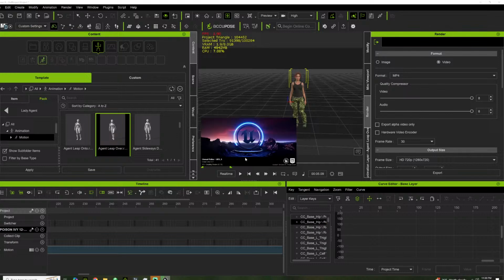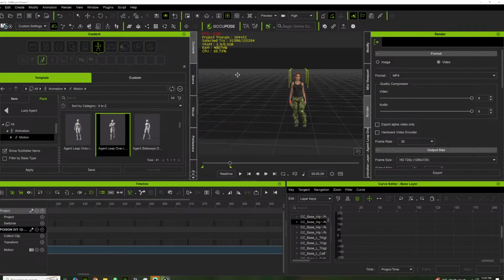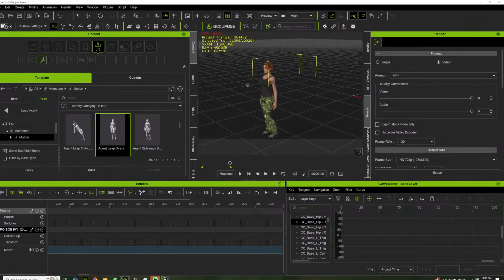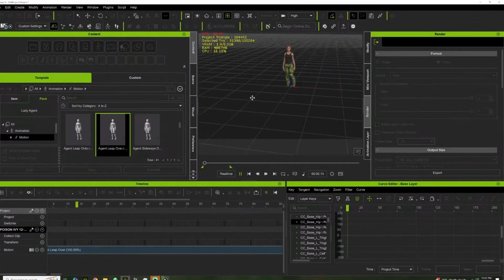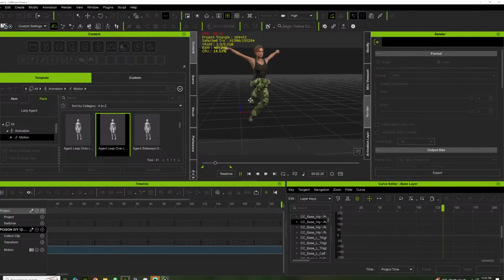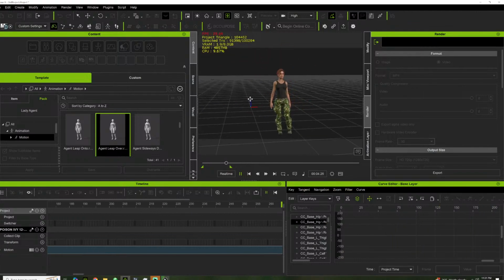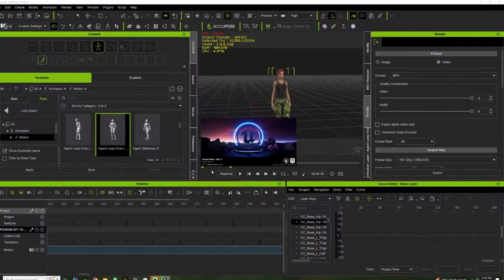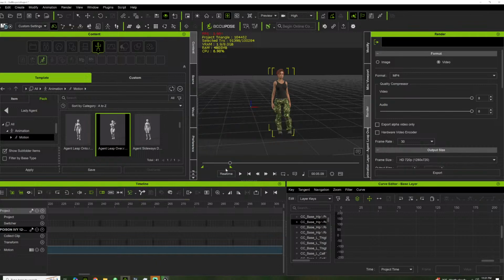I'm working on projects in 5.4 and 5.3, so... still compiling shaders. Okay, so in the meantime,